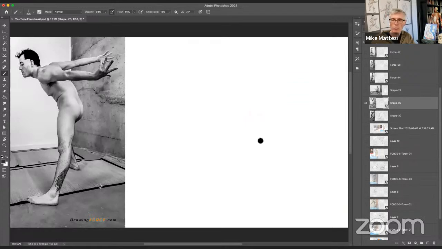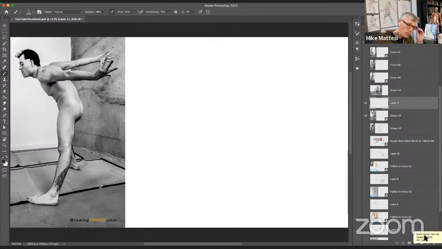Here's another one, right? So it's like, do I go for the C or do I go for the S, right? The answer here is, again, I'm going to go for the lumbar region. I'm going to look over here. I can obviously see this, right? Last week we talked about direction. It's like he's going that way. He's kind of going over towards like 9, 10 o'clock with his upper body, right? So I want to get that direction in my drawing. I want the figure to move that way, right?